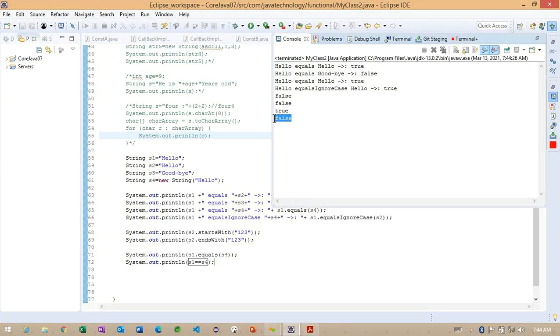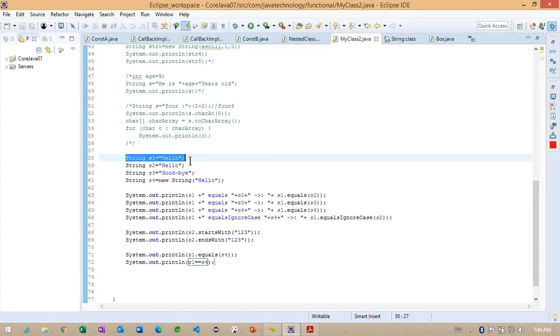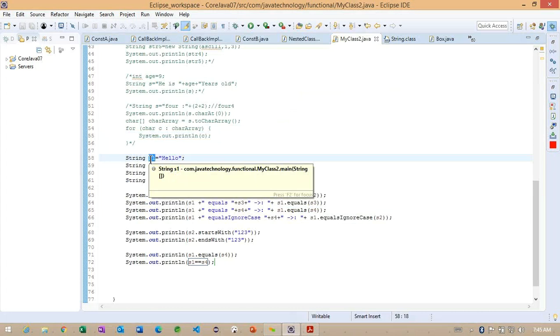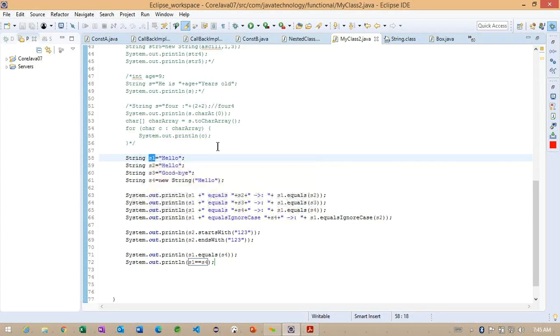Because the double equals operator is going to check the references where these objects reside. Getting the point? Now the equals method is comparing objects. So this is very important. Whenever we create using a literal and a constructor, each object will have a unique reference.